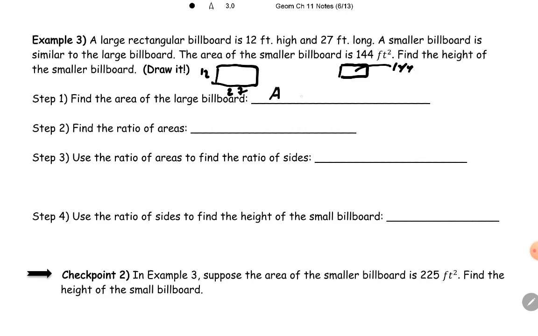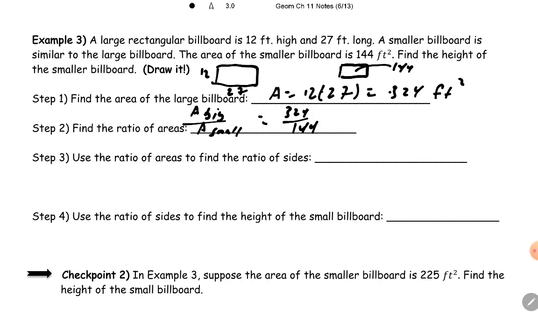So area of a rectangle is base times height, or length times width. 12 times 27, which will give us 324 square feet. Now we can find the ratio of the areas. And I'm going to do area of the big over area of the small. You can do it the other way, doesn't matter. Okay, there's my area